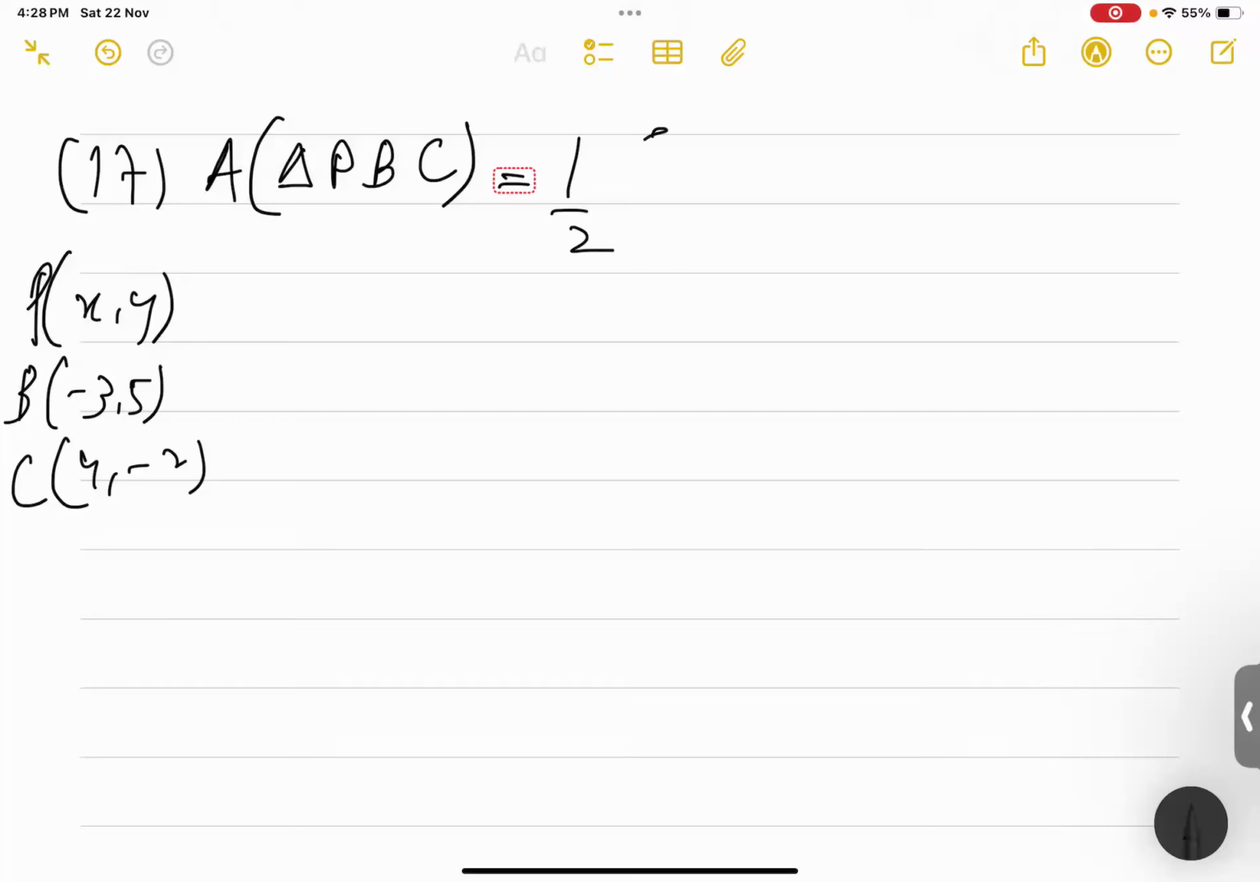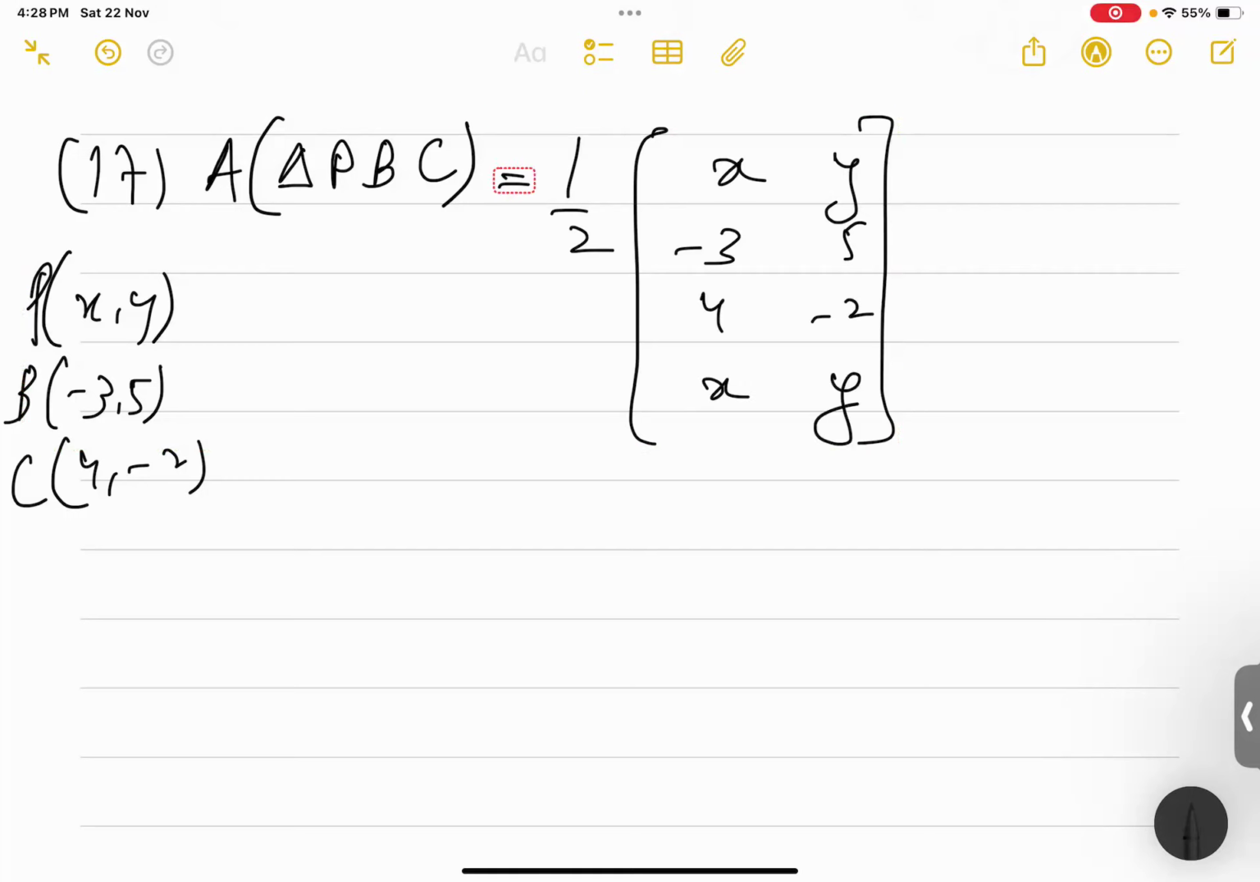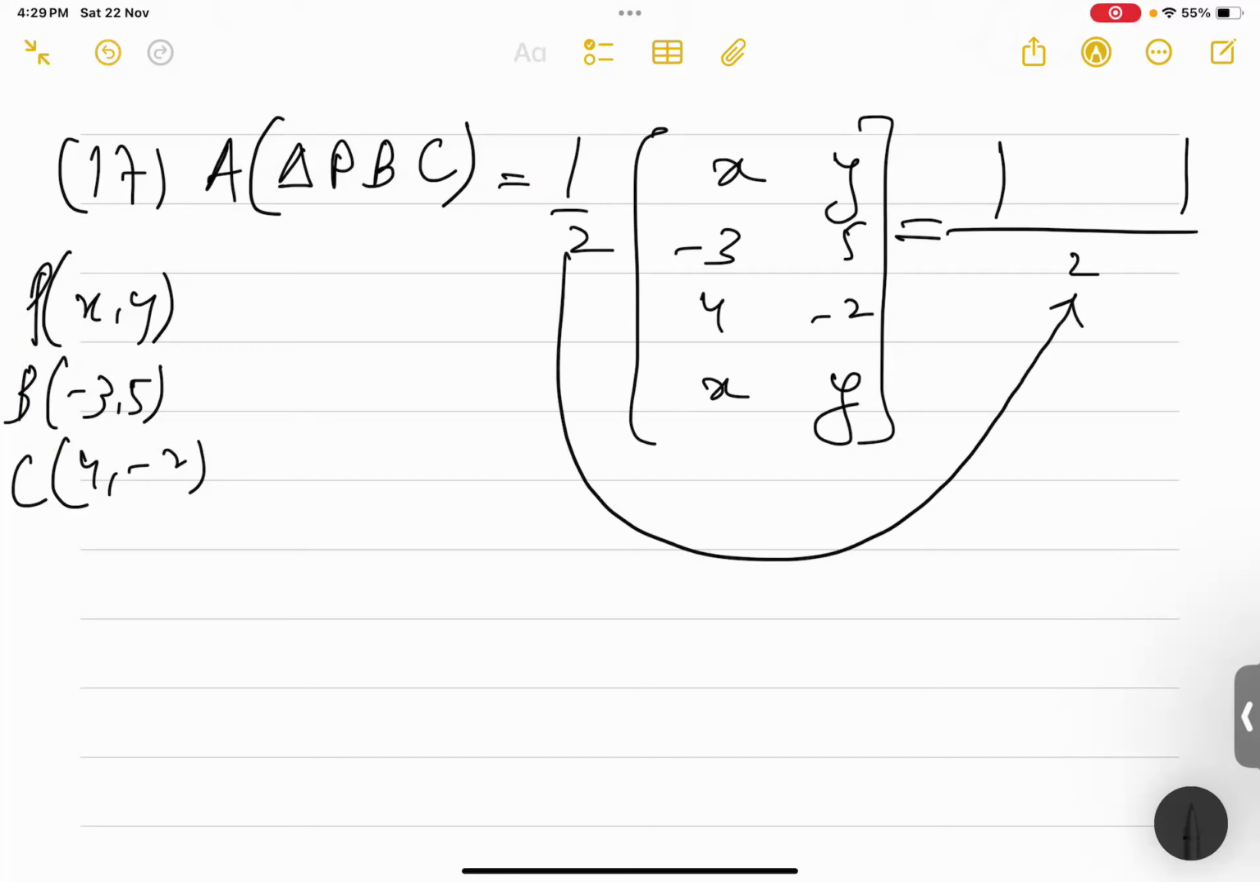So this will be half, X, Y, minus 3, 5, 4 minus 2, X, Y. Okay. This is how you're going to calculate. The final answer, you write it modulus upon 2. Upon 2 is this half. Okay. Area of triangle